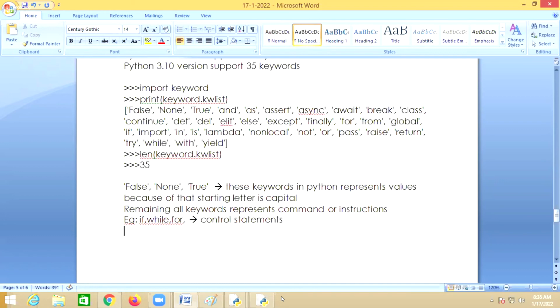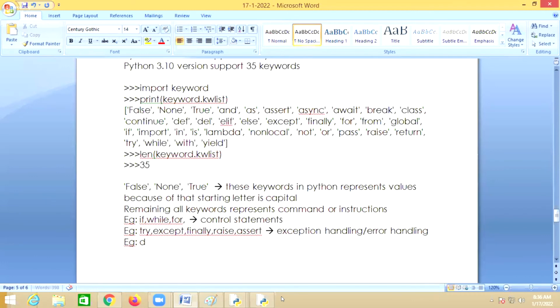Try, except, finally, raise, assert are keywords related to exception handling or error handling.